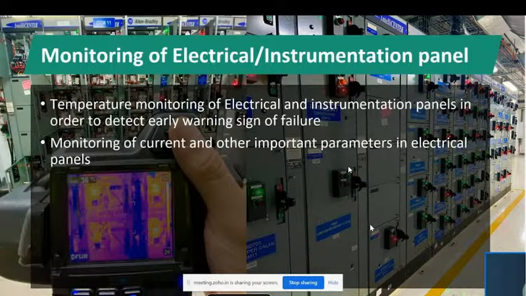But with LoRaWAN, we can put small sensors on our bus bars on our panel, or in the panels also, and then we can monitor the temperature of the individual panels. If we see some abnormal behavior of that panel, then we can go and inspect what is causing the problem, and then we can fix it. So it will greatly reduce the downtimes for the industries due to equipment failure.